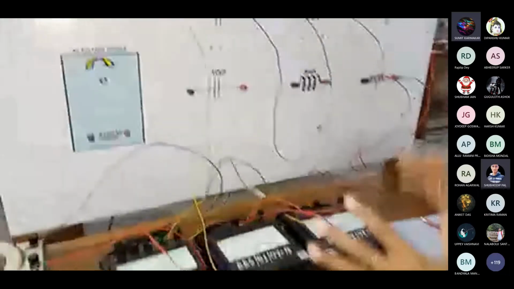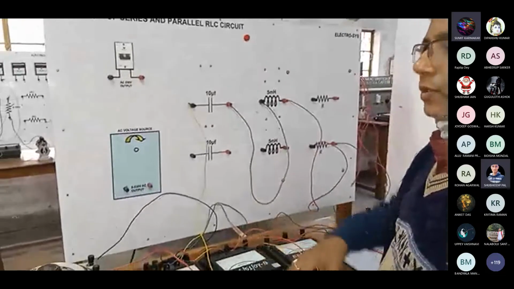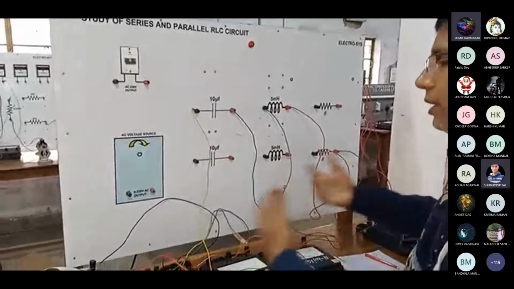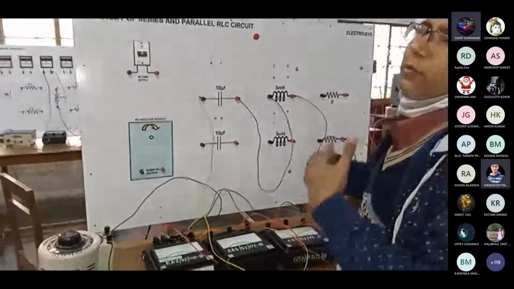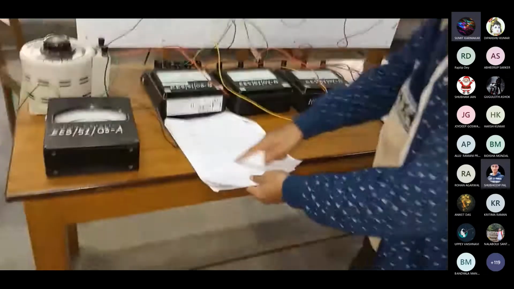Okay. All right. So actually, I am demonstrating for the same voltage, 120 volt, for all the cases. But you can take 130, 150, whatever voltage, of course within the range. Each and every equipment has a specification that you have to apply this voltage, not more than that. Otherwise, it can damage the equipment also. So now this series RLC circuit is ready.